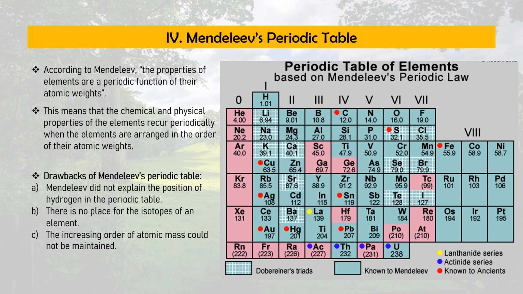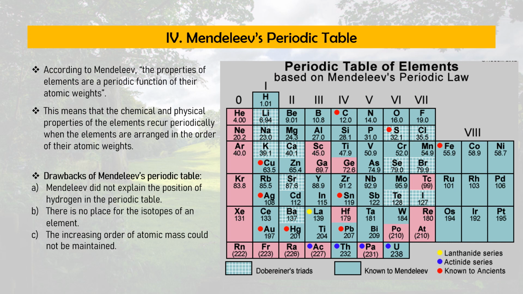He actually relied on the similarities in the empirical formulas and properties of compounds formed by the elements, but he quickly realized that some of the elements did not fit his scheme of classification. So he violated his own periodic law, and